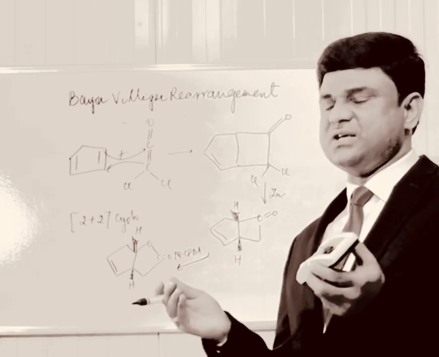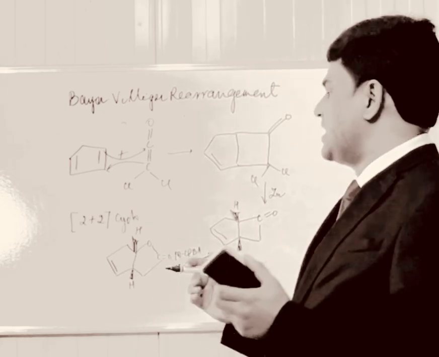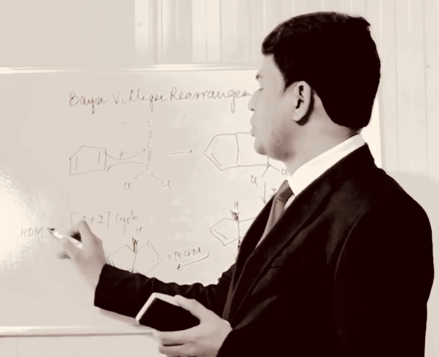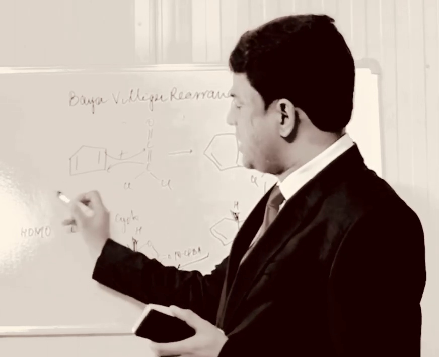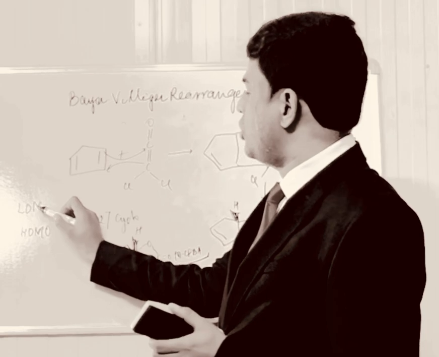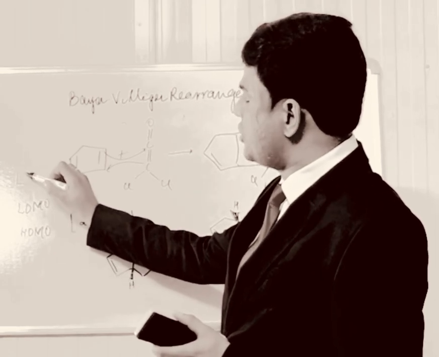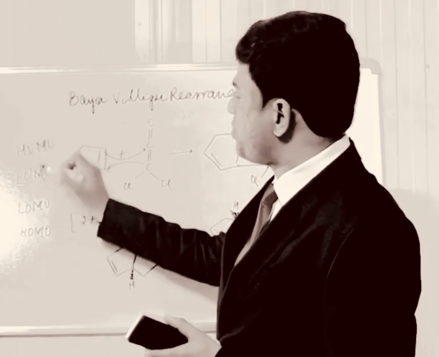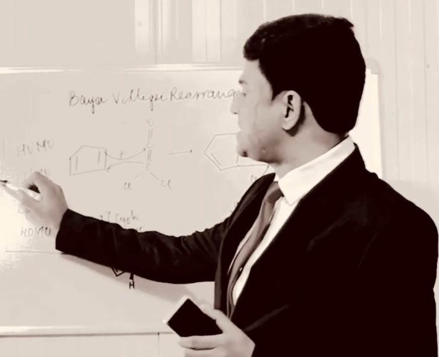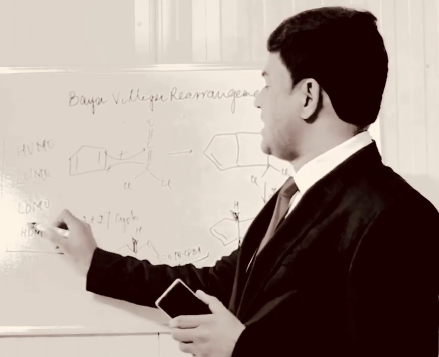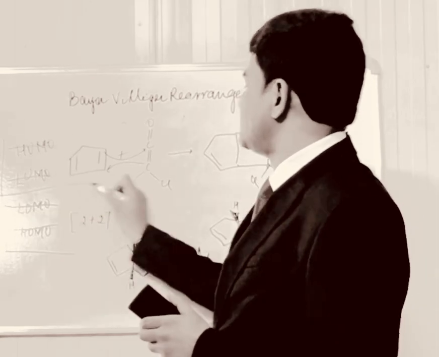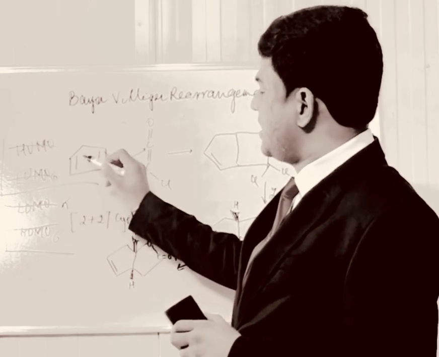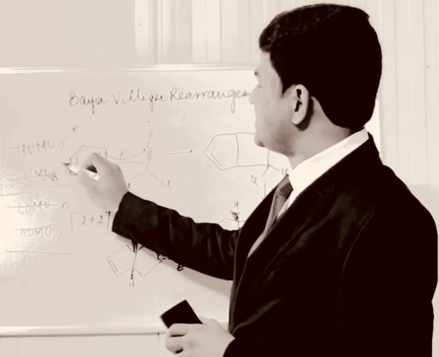Somewhat we have seen in pericyclic reactions how this reaction can occur. What is the HOMO, highest occupied molecular orbital, LUMO, lowest unoccupied molecular orbital, somewhat like energy, and these are the energy levels of this compound, somewhat sigma, pi, sigma, pi, sigma star, and